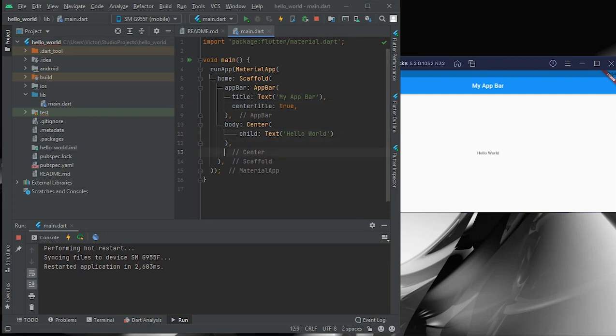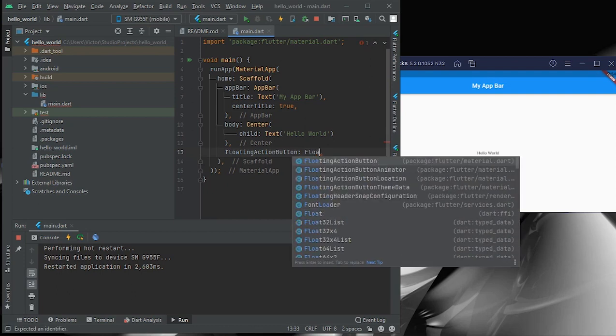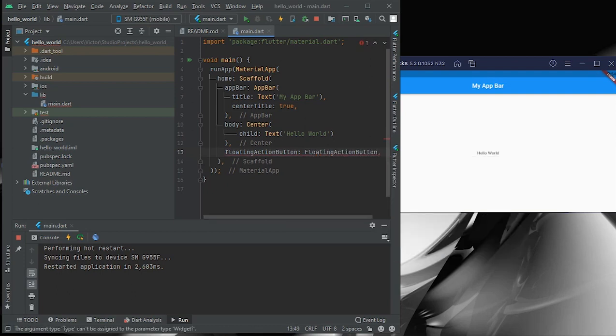The last thing we want to add is a floating button, so a floating action button. The floating action button will also take a property. And yeah, what's wrong here? Let me check what the problem is.